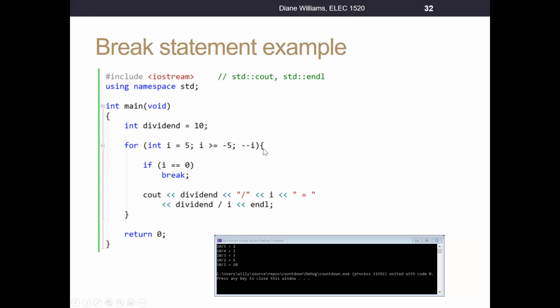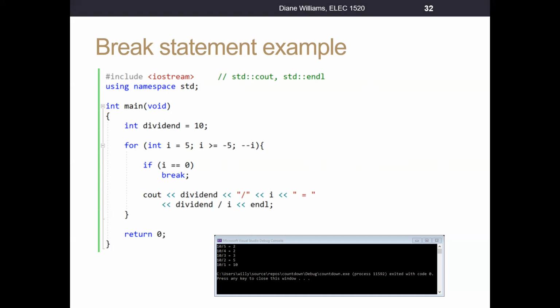We come down here. The first statement inside the body of the loop is: if i is equal to 0, we want to break out. i is not equal to 0, so this test condition is false. This is that conditional code that we saw in the flow chart. So we come down and we just print out the value of dividend, which is 10, divided by 5, which should give us a value of 2. You can see this is going to print out all the way from i equals 5 to i equals 1. When we get to the end of the body of the loop,